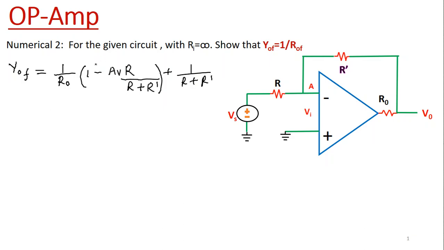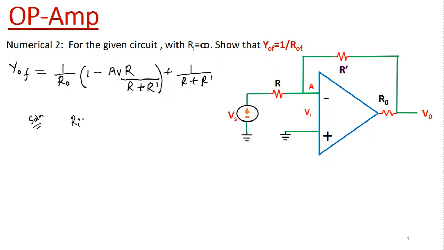So today's numerical is for the given circuit shown with input resistance Ri equal to infinite. We have to show that the output admittance with feedback YOF, which is equal to 1 upon ROF, is equal to 1 upon RO multiplied by 1 minus AVR divided by R plus R dash, plus 1 upon R plus R dash. This we have to prove from the circuit diagram shown. So for the solution,